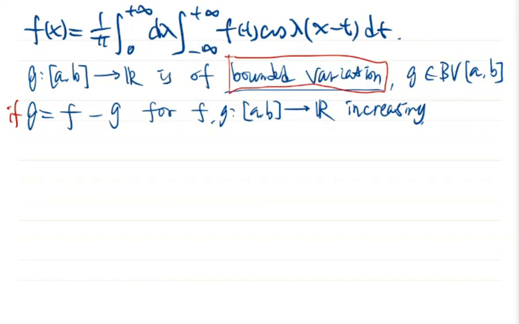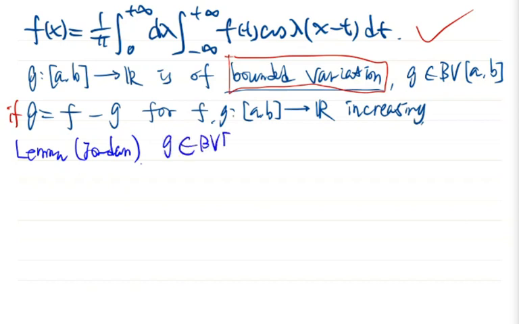Now, to prove the Fourier integral theorem, that is this result, we need a result called Jordan's lemma. The lemma is very simple. Suppose g is a bounded variation function over an interval (0, delta). Then